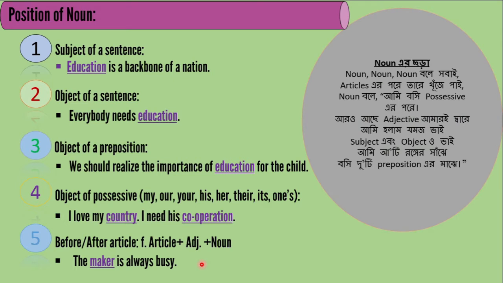সো আমরা এখানে একটা নাউনের ছড়া দেখতে পাচ্ছি। নাউন নাউন বলে সবাই, আর্টিকেলের পরে তারে খুঁজে পাই। নাউন বলে আমি বসি, প্রসেসিভের পরে। আরো আছে অ্যাডজেক্টিভ আমার ওই ধারে। আমি হলাম যমজ ভাই, সাবজেক্ট এবং অবজেক্টের ভাই। আমি আছি রঙের সাজে, বসি দুটি প্রিপোজিশনের মাঝে।